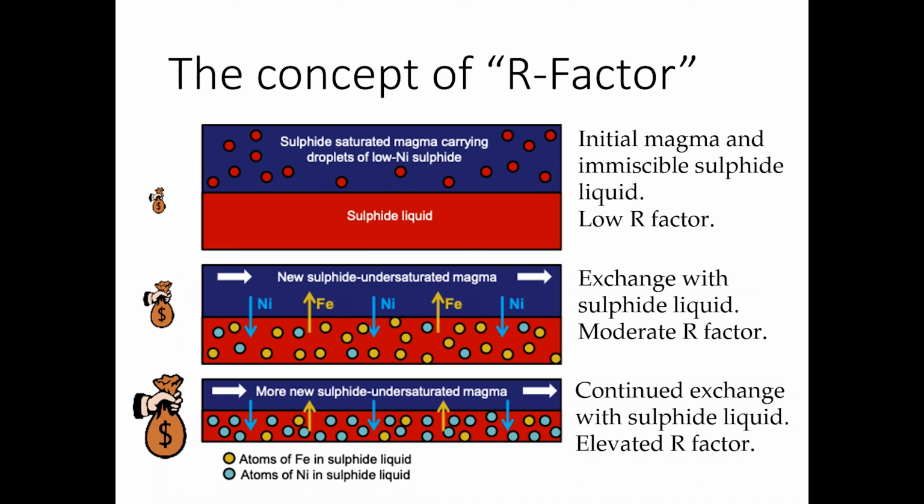So we have our sulfide liquid on the bottom, and the more silicate melt that flows over that sulfide magma, the more the sulfide melt will be able to scavenge more and more metals from that silicate magma that's going over top of it. So the more silicate magma to sulfide melt we have, the higher the R factor,